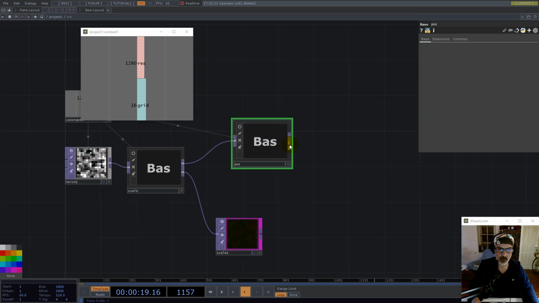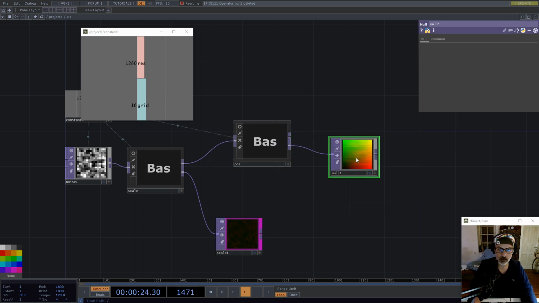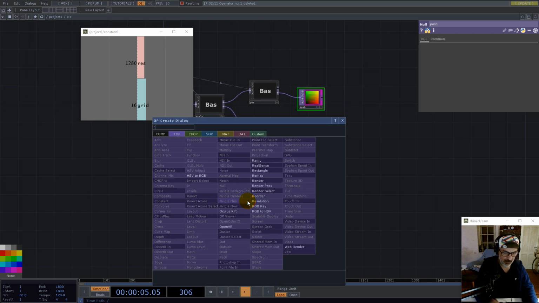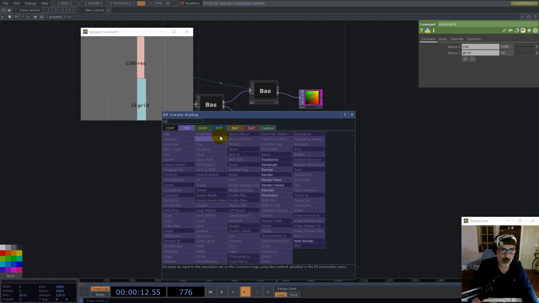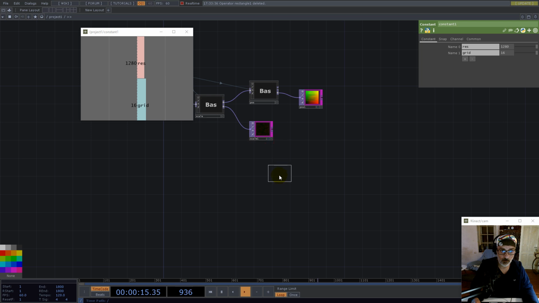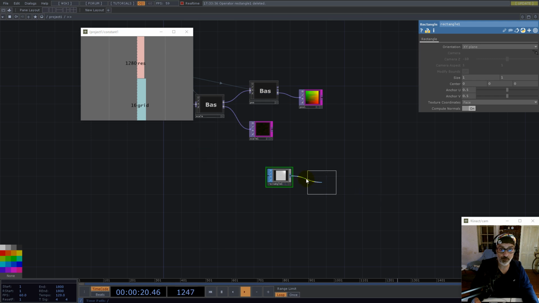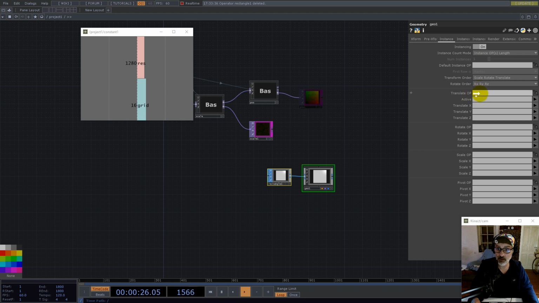Okay, now here a null, and this is position. Okay, we make this ping for instances. Okay, and now let's have a rectangle SOP, like this, not TOP, rectangle SOP. Okay, let's go with this into a geometry component for which we want instancing, and so we take position and